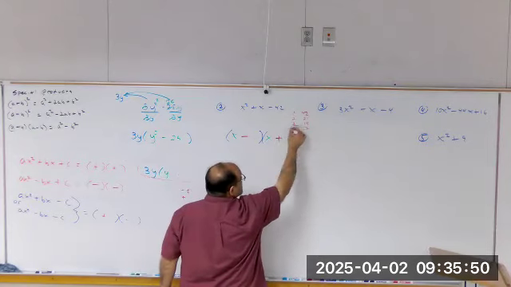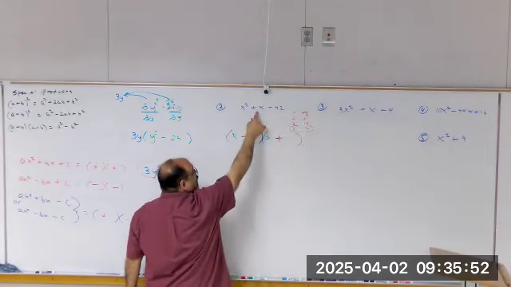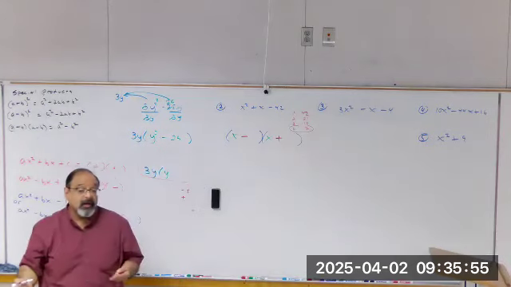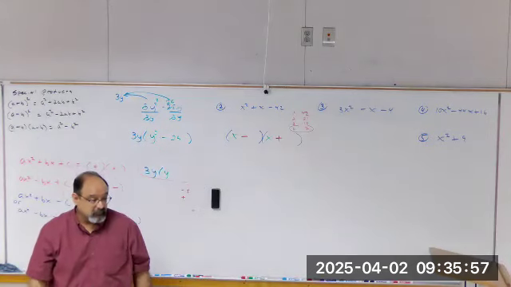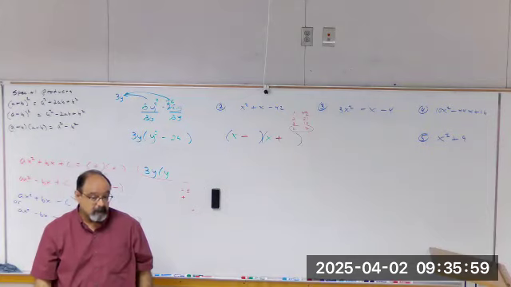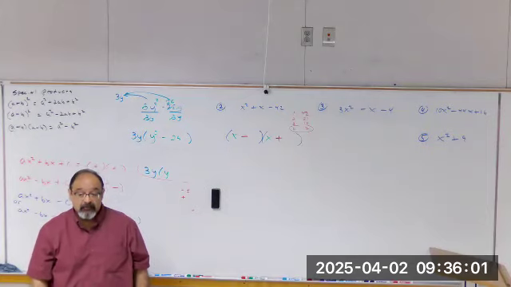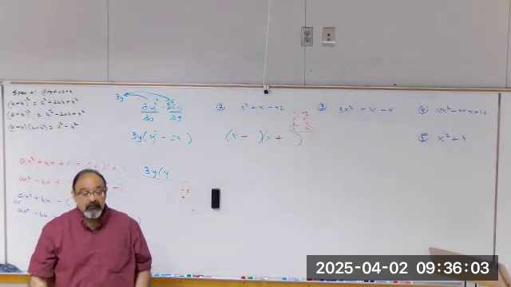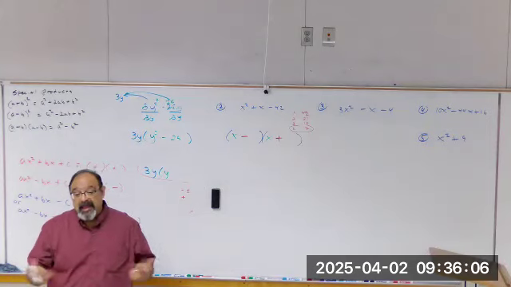We're going to guess the 6 and 7. We want positive 1x. So who should be positive, the 6 or the 7? The 7 should be positive, and the 6 should be negative, because I know I'm going to add them together